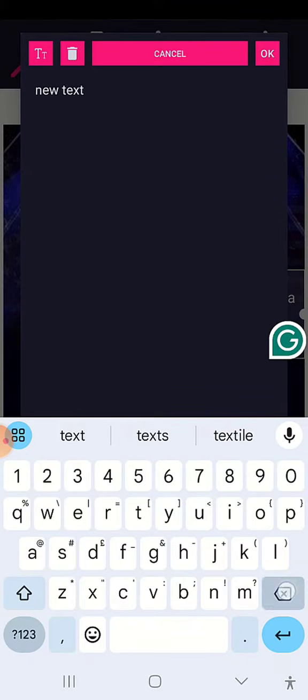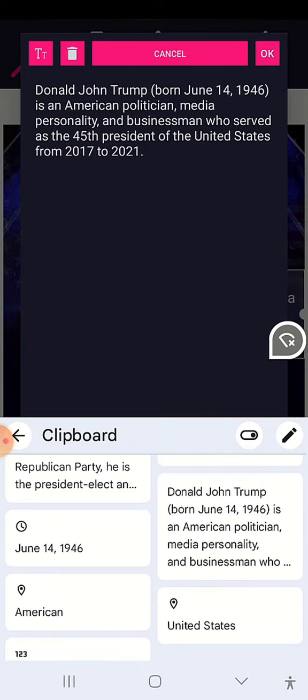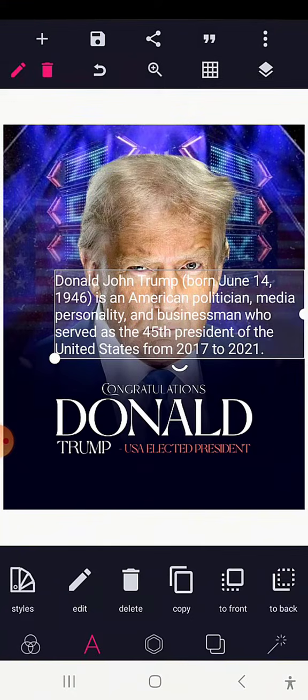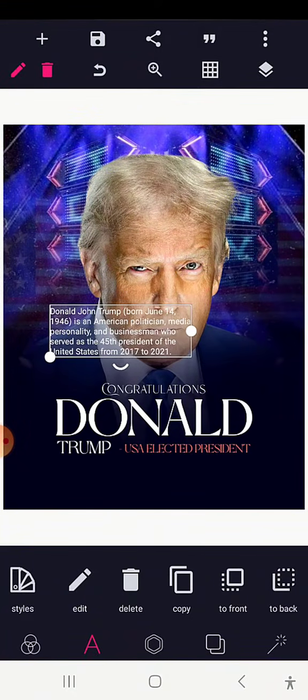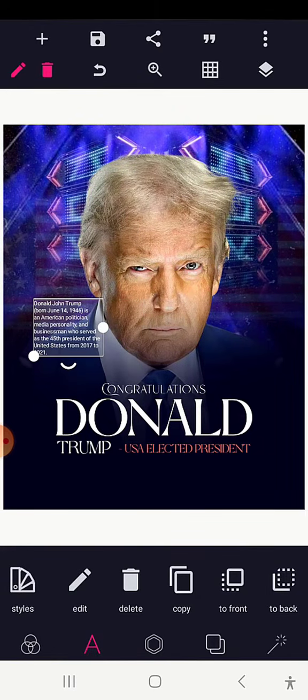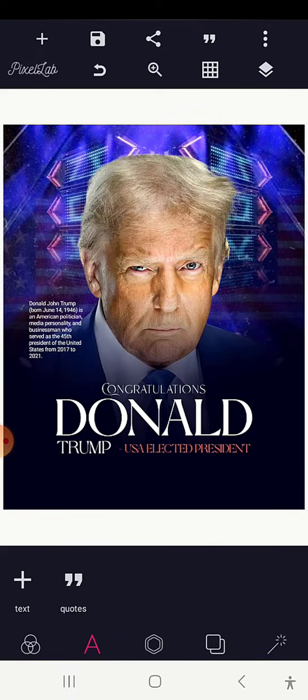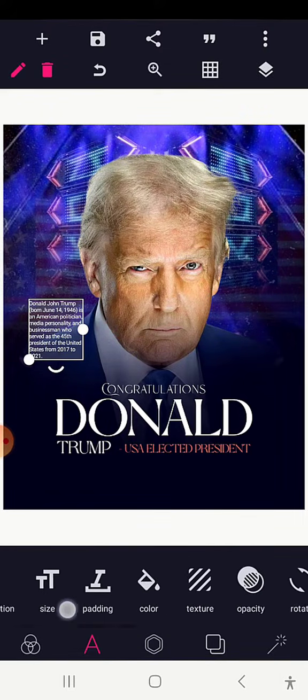Or maybe I just mistakenly tapped cancel. So I'm going to click this and click OK. Okay, it's a bit lengthy, so I'm going to reduce it. The reason why this text is visible is because I can leave this, let me try to change